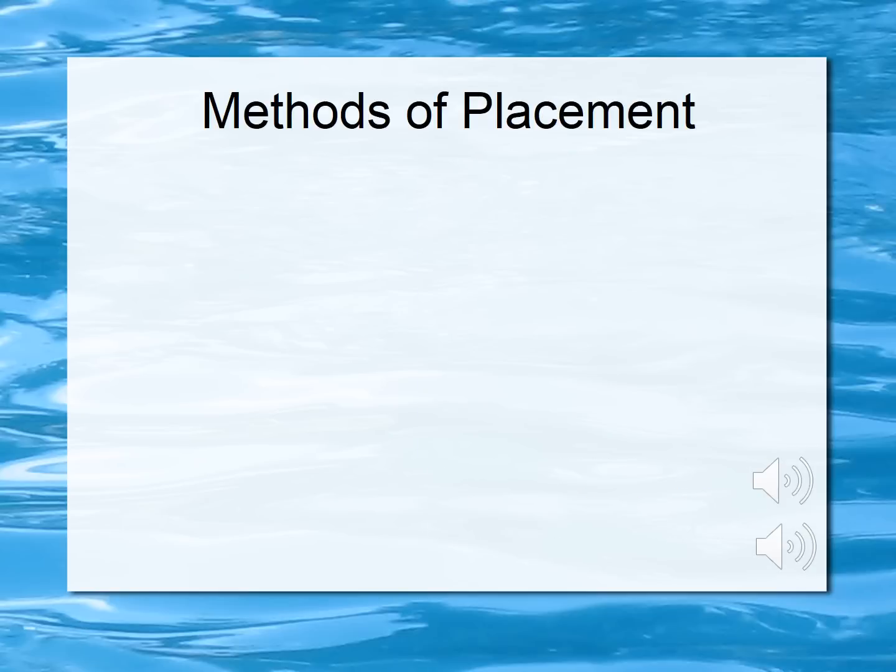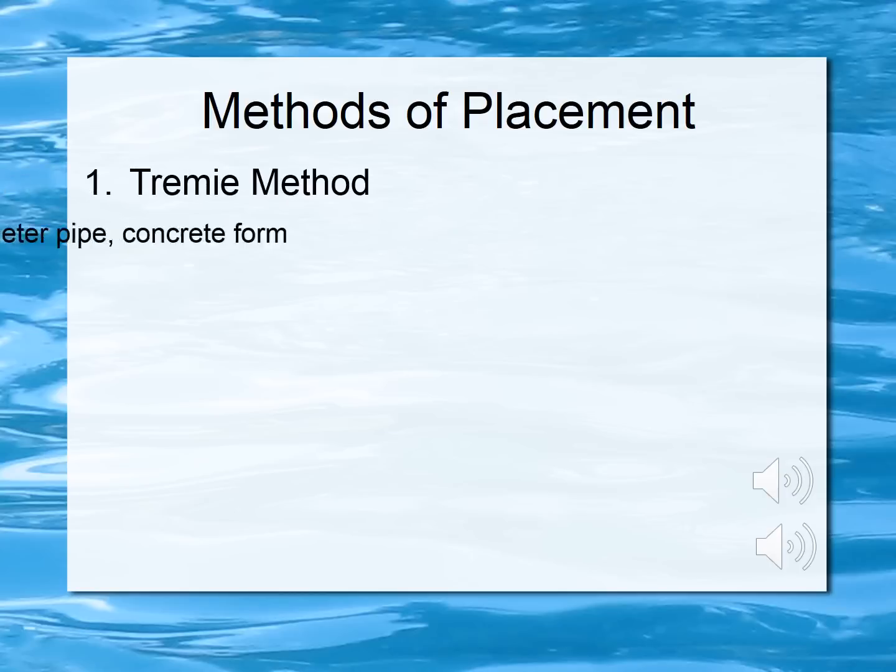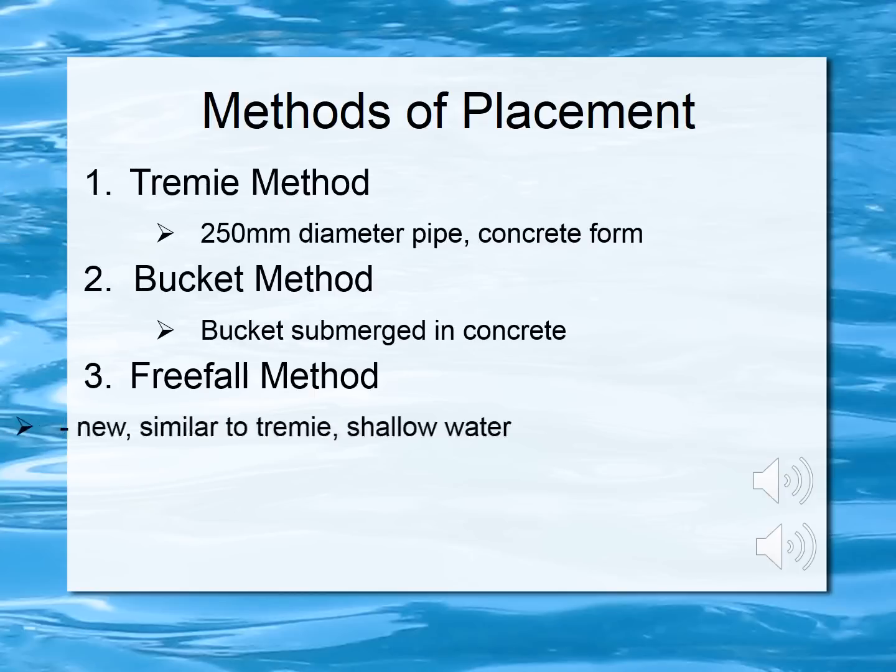Next, we're going to be talking about the methods of placement. The three main methods of placement for us today are the Tremie method, the bucket method, and the free fall method. Starting off, the Tremie method of placement, what it is exactly is a 250 millimeter diameter pipe, roughly